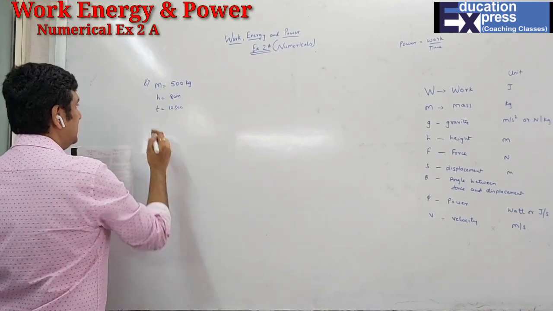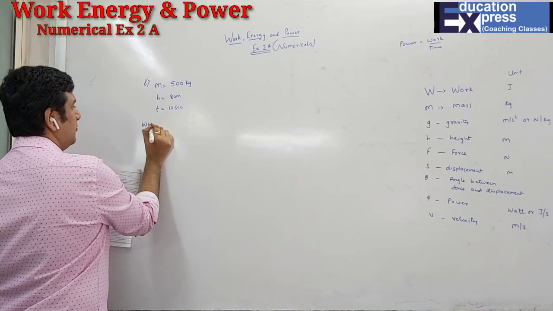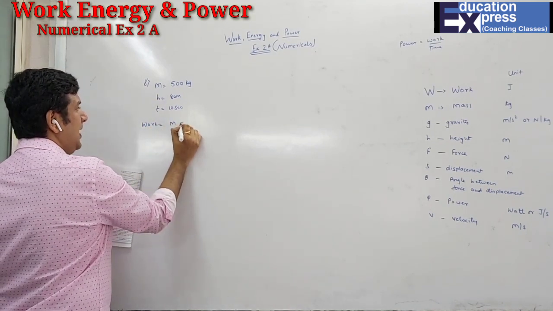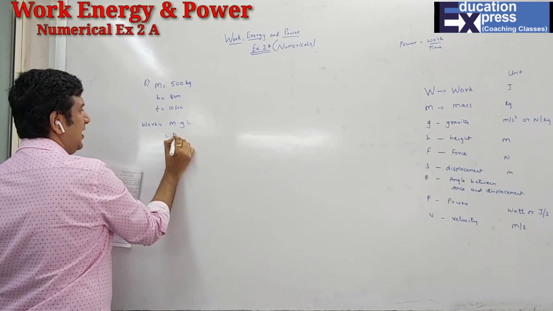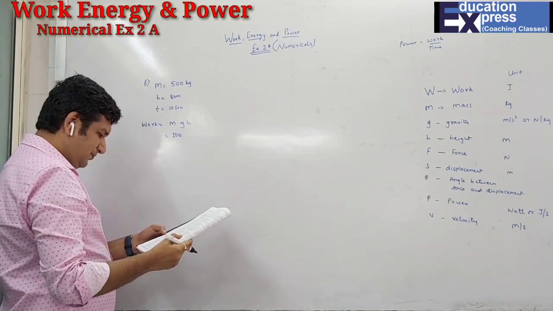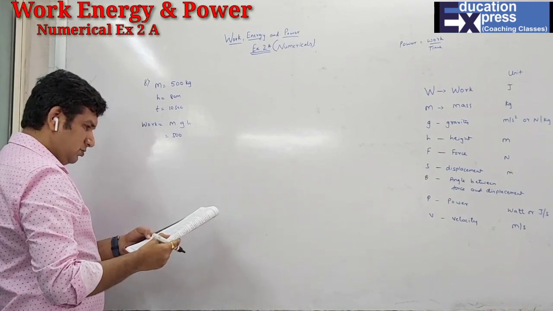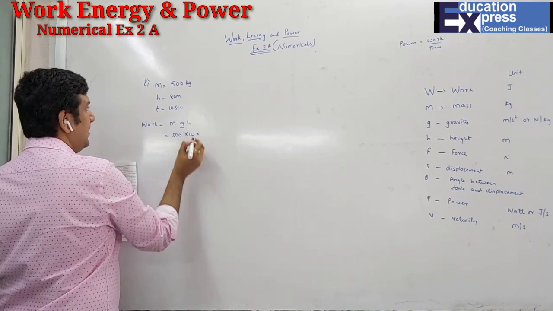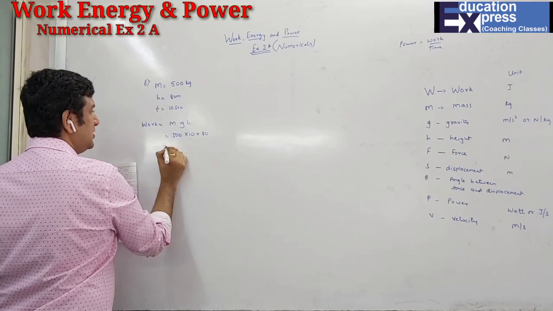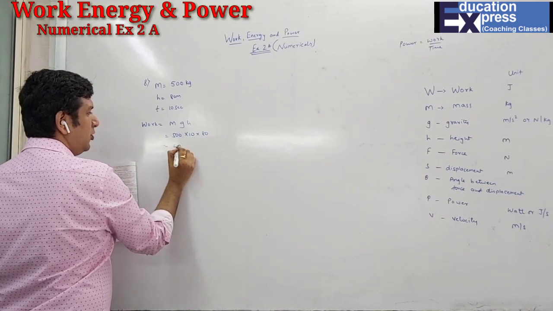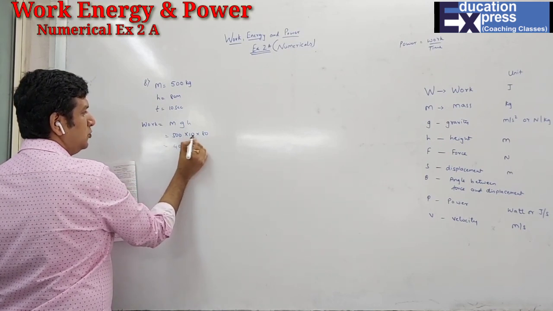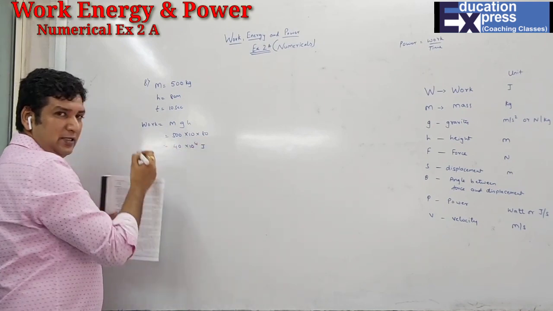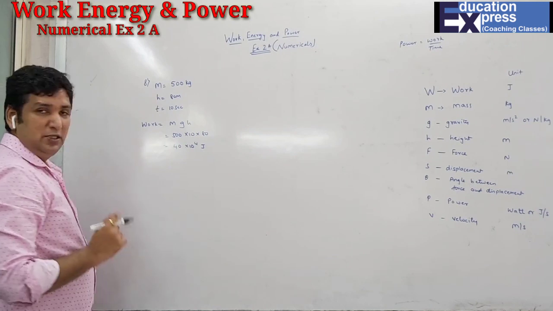Calculate the work done. So the work over here, again we are lifting something, gravity is available. So mgh: 500, the value for g is 10, and the height is 80. So the answer is 5 8s are 40, and then how many zeros? 1, 2, 3, 4. Then into 10 raised to 4 joule. This is your work done, students.